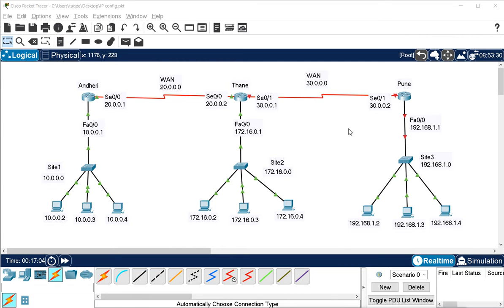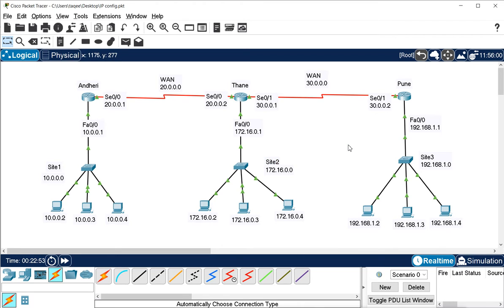What I did here is I added one more router to add one more network. Now one more network I have added. First, the IP addresses I have not configured, like this IP I have to configure on this serial interface of the router. These ones are already configured, but because I have added this, I have to configure this IP also. And on this router also I have to configure these IP addresses. So first I will configure these IP addresses, then I will show you how we'll do the routing also.